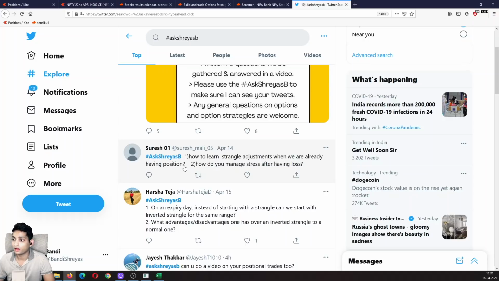So how do you adjust it in case there is a very strong trend? Now it depends on what your view is. Are you convinced by the trend? If you're convinced by the trend, do you want to take risk away where you're against the trend, or increase risk when you're along with the trend? Like for example, in an uptrending market, if you have a strangle and your call starts bleeding, if you want to reduce your risk in direction of the trend, then you will move away your call. And by how much and at what pricing, that you need to see based on what is the risk on the put side. Now you don't want an immediate reversal to then start wrecking you on the put.